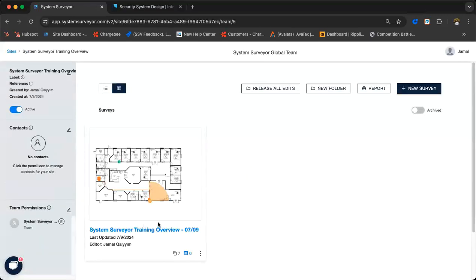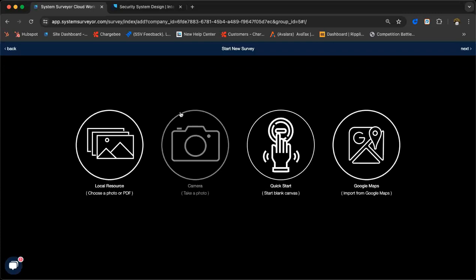And then I'll go into the site that we just created, and there's that survey we just created as well. So now we can see all of that there. And of course, the site level looks a bit different than on the tablet app. We'll cover the contacts and the team permissions here in just a second. I want to show you how to create a survey on the web app and some of the differences between the two. So as they create a new survey here, we do have the 4 options to bring in our